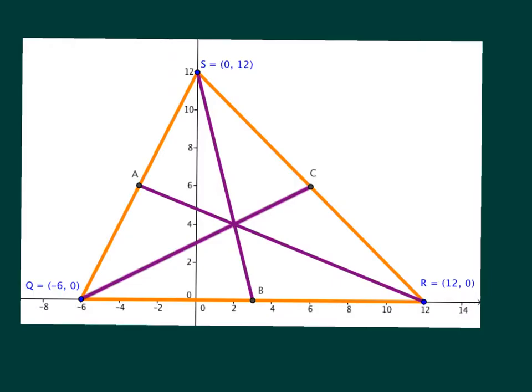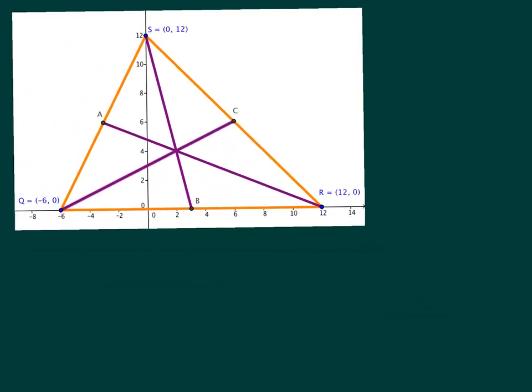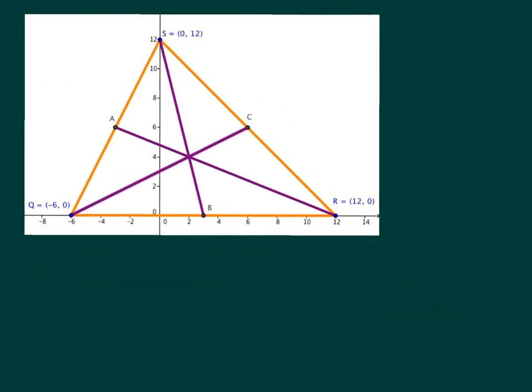So problem 36 is asking to find the equations for the three medians of this triangle, triangle QRS, and then find the intersection. Show that they all meet at the same point, at the point 2, 4. So the first thing you want to do when you're trying to find this, I'll make this a little smaller here, is to find the midpoints of the three sides. And by the midpoint formula, which is just averaging the x's and averaging the y's,